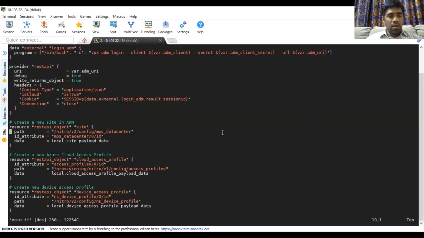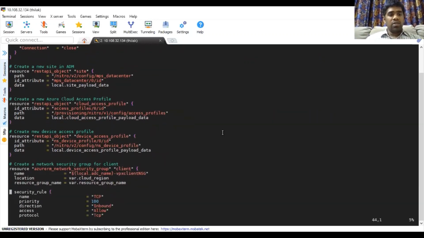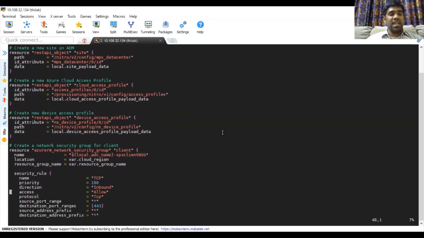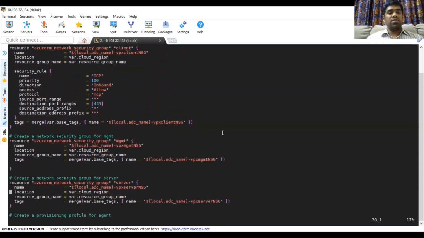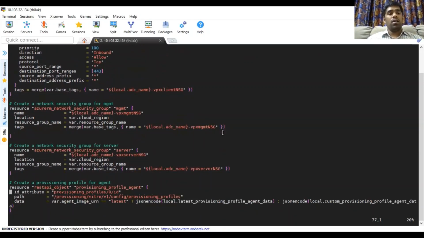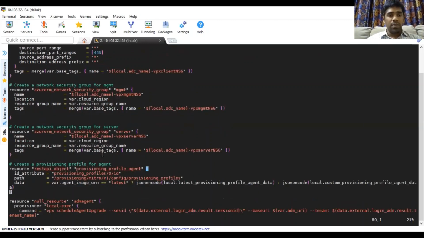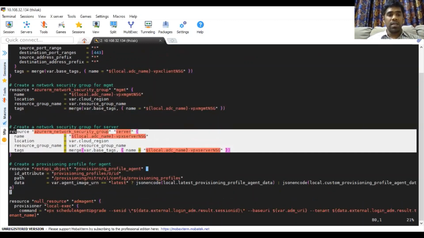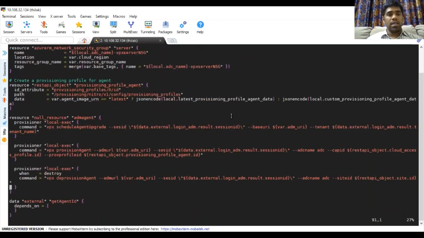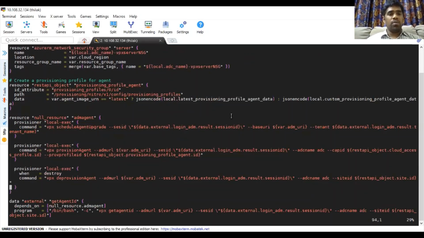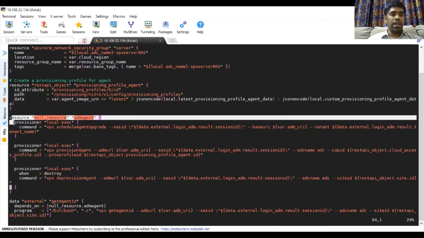Then if we go further, as I was explaining on the prerequisite slides, we are also creating the security groups, subnets, VNets, and resource groups on the Azure cloud. Those are the snippets you are seeing here. And then you can also see that we are creating the provisioning profile for the agent first, before we actually call the agent deployment ADM API.